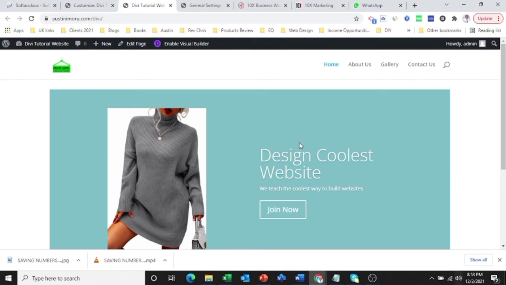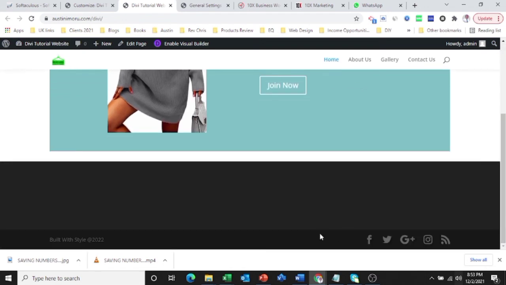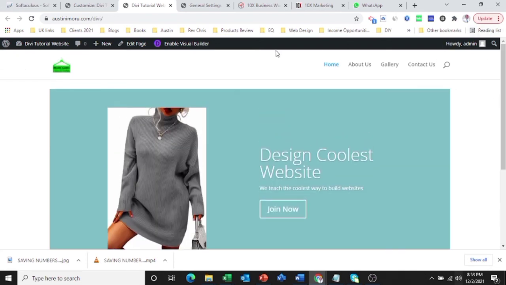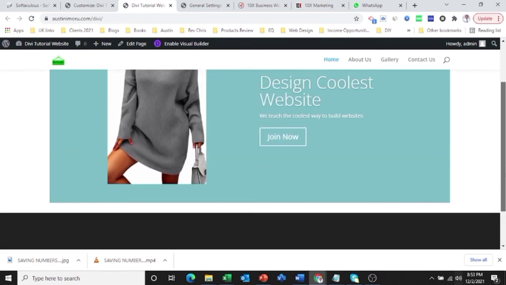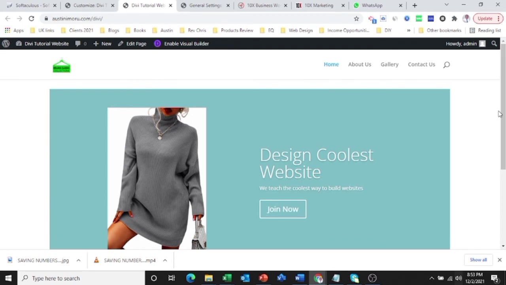Now anyone that comes here, we have our home page, we have our logo, we have our menu, we have our effect slider, then we have our credit at the bottom, then we have our social media. All of them are there. Now if you want to add social media on top of this, you can do that. You can actually style anything you want with Divi. Divi is so cool, you can change what is here. Like I said, you can enable visual editor, and you can edit anything on this page with it. You can change the color, you can change the background of this whole thing. Divi is that flexible for you to actually build a formidable website. Most of my websites are actually built on Divi, and Divi allows you to do